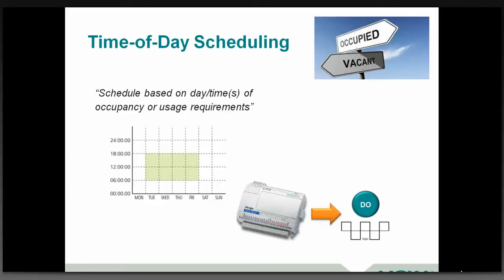I'm going to stay a little high level, since we've got such a short amount of time today that we can't cover everything, but I'd like to take a look at some of the real simple things. There are a lot of great solutions out there from a number of vendors that do simple things like time-of-day scheduling. This is even available in something similar to the small remote I/O modules we talked about. If you have, for example, a part of your facility that you want to schedule, say I've got some equipment in this shop and I'm not using it after hours, and I'd like to turn this equipment off,